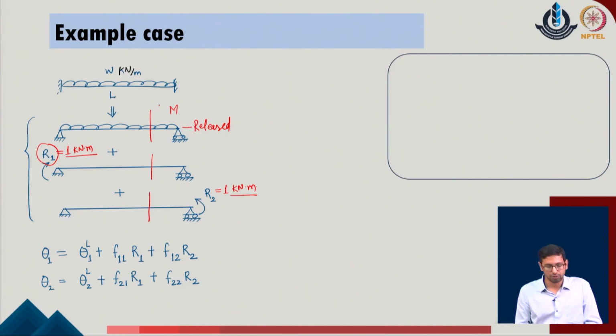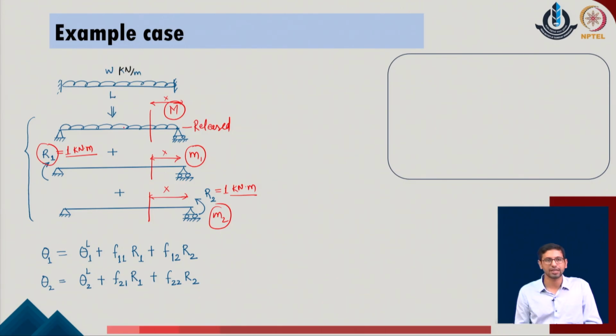At any given position x away from the given end of the problem, we consider the amount of the moment in all these three cases. That moment can be described as capital M for the real or the release system, M1 for the first redundant system, and M2 for the second redundant system of the given problem.